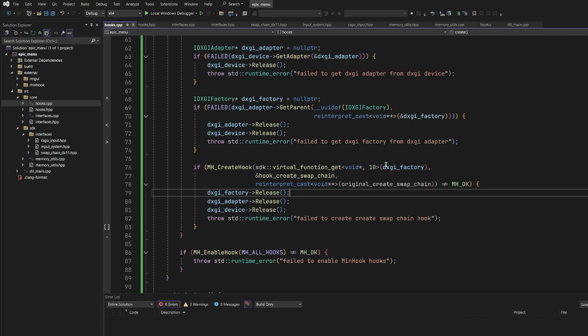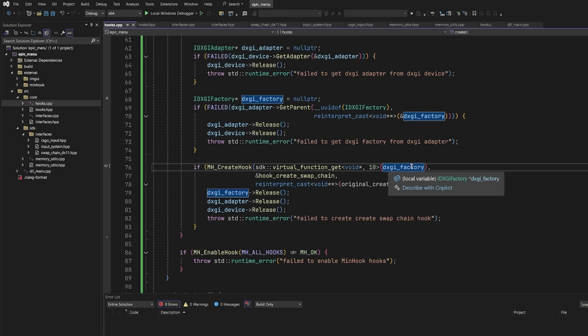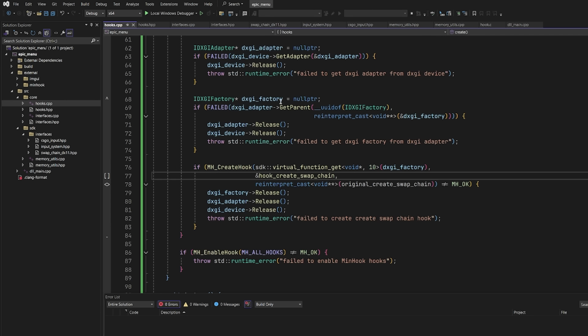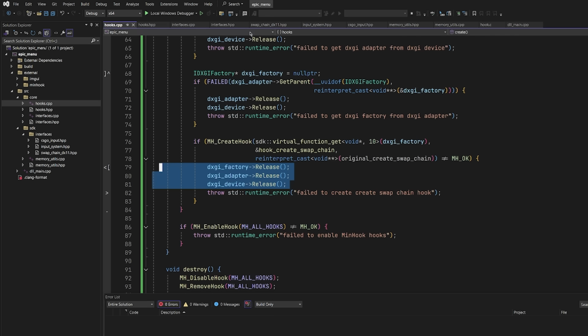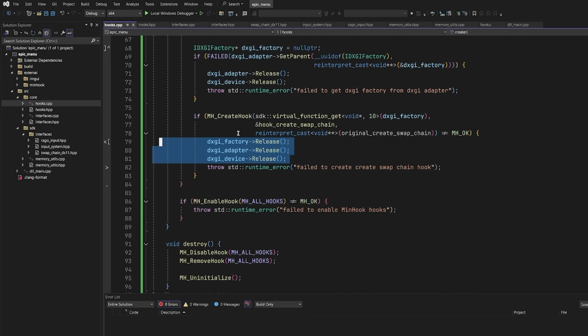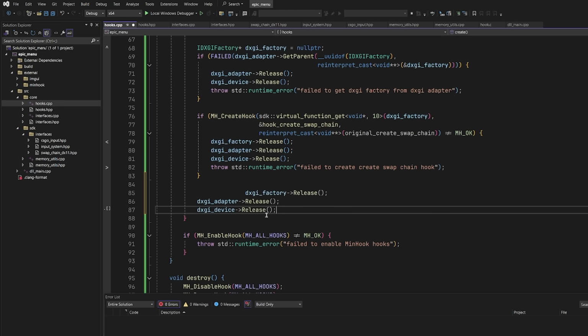So this hook is going to look something like this. We're going to be accessing index 10 of the DXGI factory. We can keep it as a void pointer. Just remember to change this to hook create swap chain and make sure the original is create swap chain as well. If something goes wrong, by checking if it's not MH_OK, then we are going to release all of these previous resources that we used. And actually, you should go ahead and copy this and paste this down here as well,